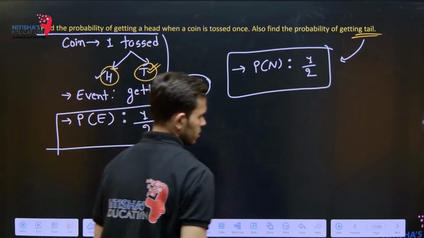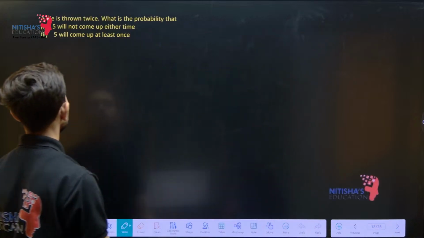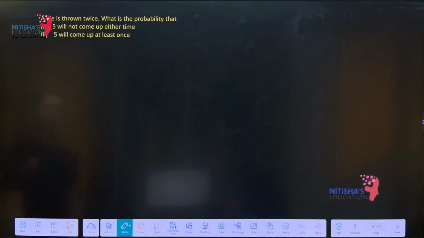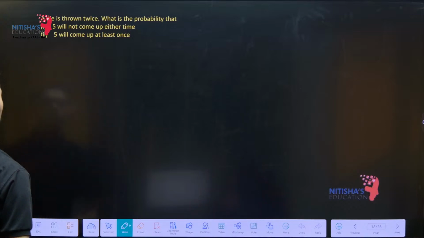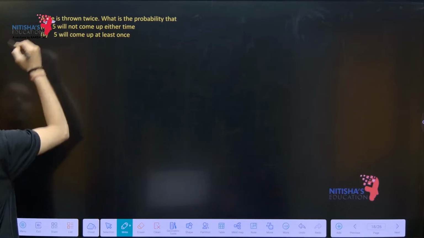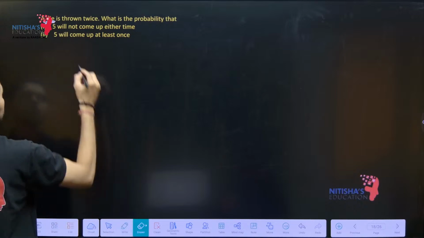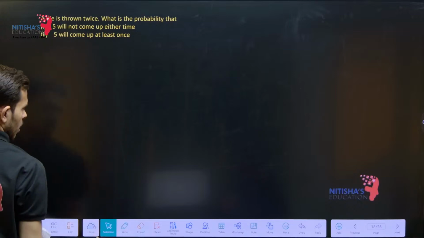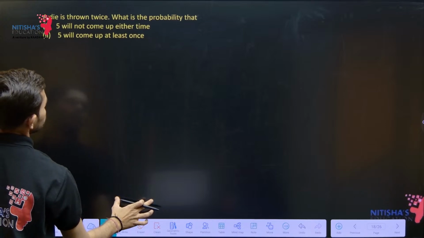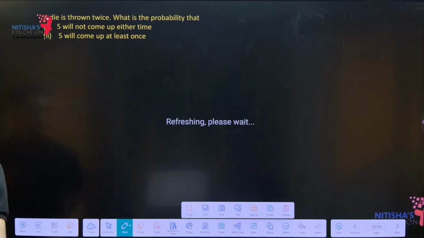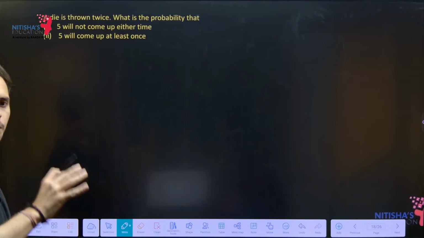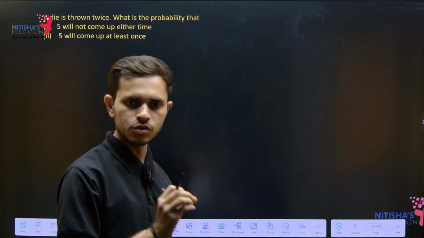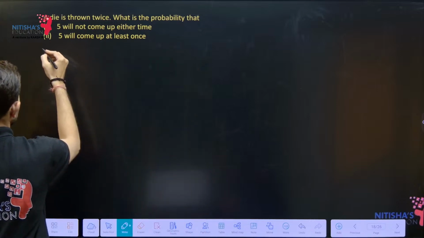नेक्स्ट, a die is thrown twice. What is the probability that 5 will not come up either time and 5 will come up at least once? अभी हम क्या कर रहे हैं, हमारे पास एक डाई है और उस डाई को हम थ्रो कर रहे हैं। तो पहले तो हम जितने भी पॉसिबल सोल्यूशन हैं वो लिख देते हैं। सो जस्ट राइट डाउन